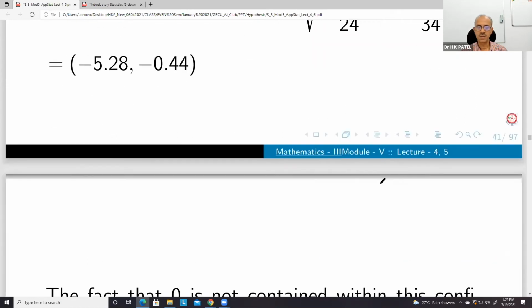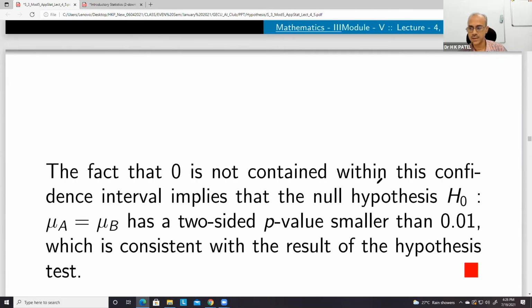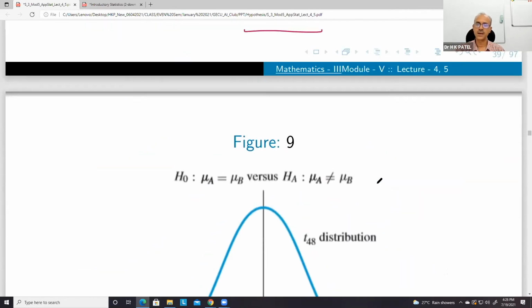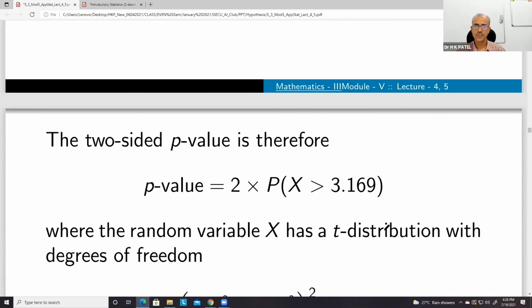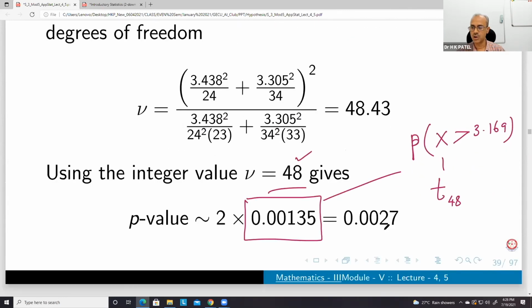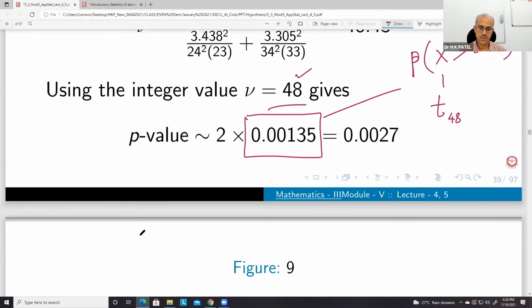This t interval is there. Sorry, yes, interval is there. But then you can see that because t is this, the p value is small. What is a p value approach?